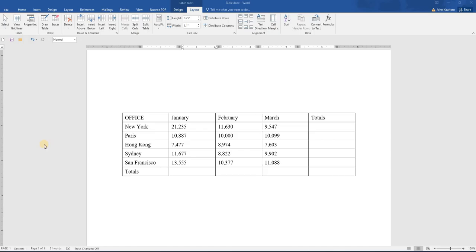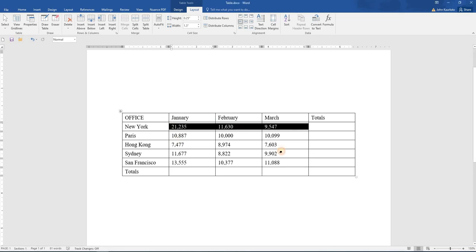In this video, we're going to take a look at using formulas when working with tables in Word. Here I have a table, and here I have some data. I have some raw data here, some values. I want to total these particular values, and to do so, I click Table Tools, Layout, and click the Formula